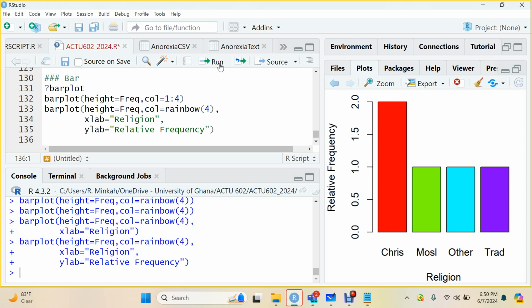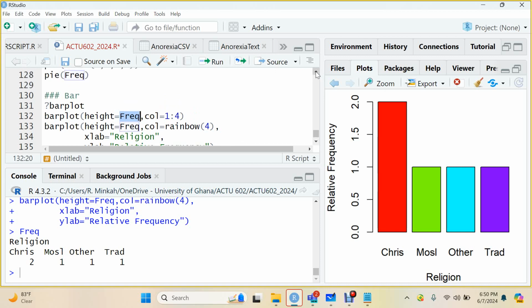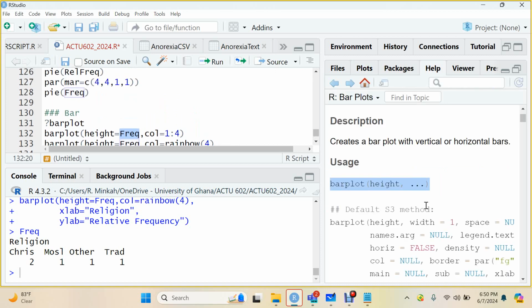Okay, so yeah, this actually is not relative, even though I use relative, look at it, because we cannot get 2 in relative frequency. What did I use for the frequency? It's just the frequency, yeah. So 1, but because you have 4 bars, it does it like that. But if I want relative frequency, I must use either that or there's a